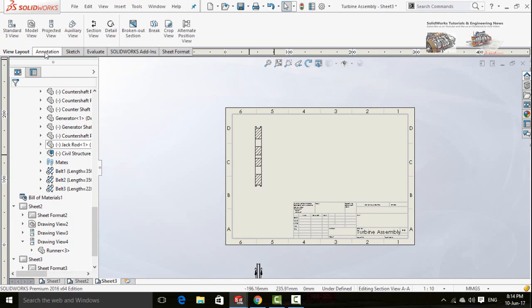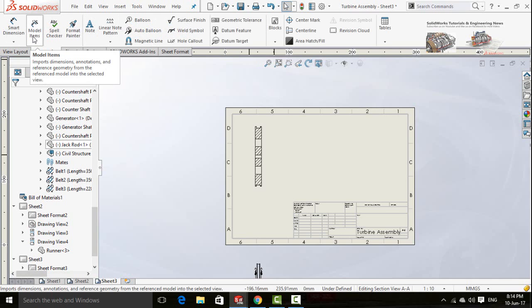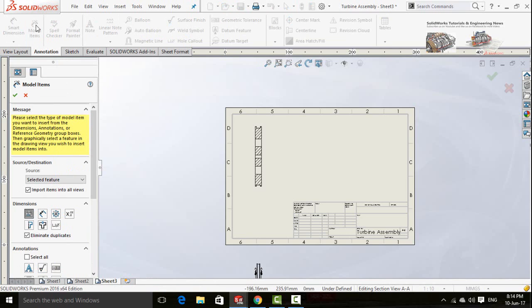To generate automatic dimensions, click on Annotation tab and select Model Items. Now select the item for which you want to generate automatic dimensions and press OK button.